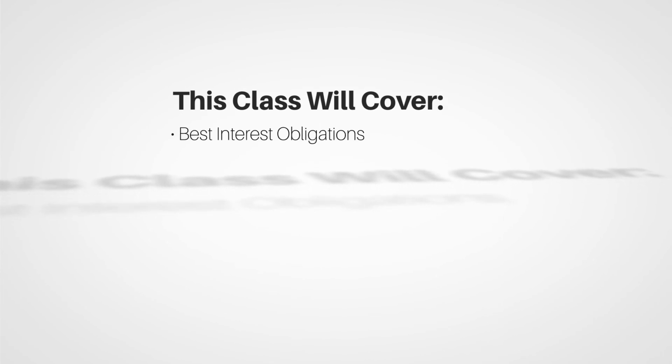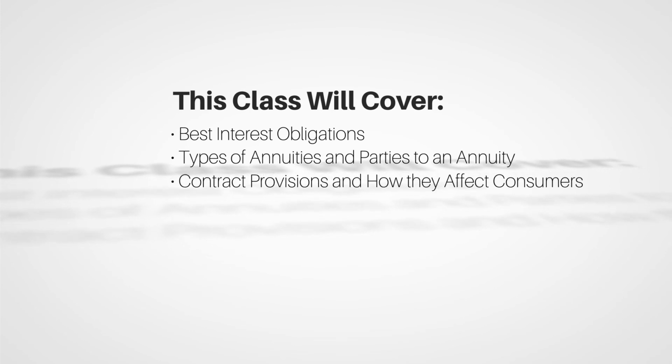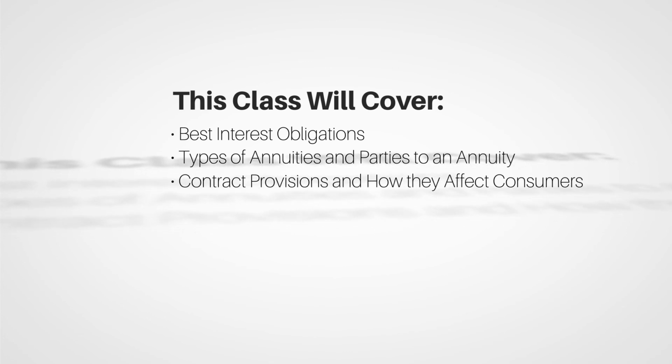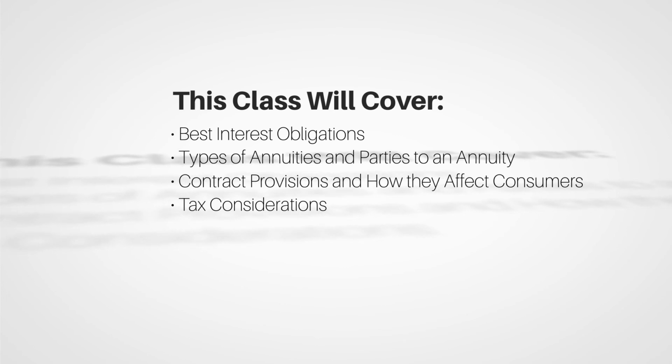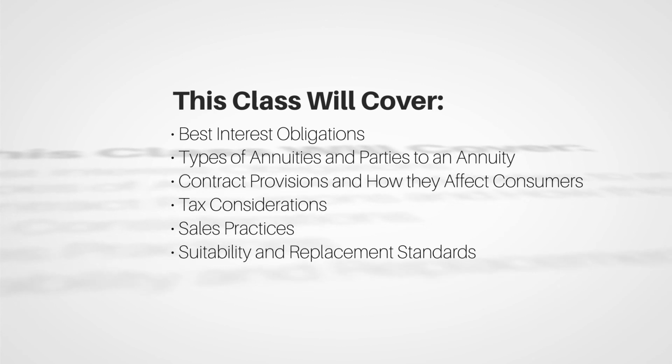Our class will begin with a brief introduction to annuities, followed by an in-depth discussion on the new best interest obligations of producers. Then, we'll review the different types of annuities available and the parties to an annuity. We'll look at the contract provisions of various types of annuities in depth, with a particular focus on how the provisions affect consumers. Following this discussion, we'll look at income tax considerations for annuities, along with the primary uses of annuities. Finally, we'll take a comprehensive look at appropriate sales practices, suitability and replacement standards, and disclosure requirements for insurance